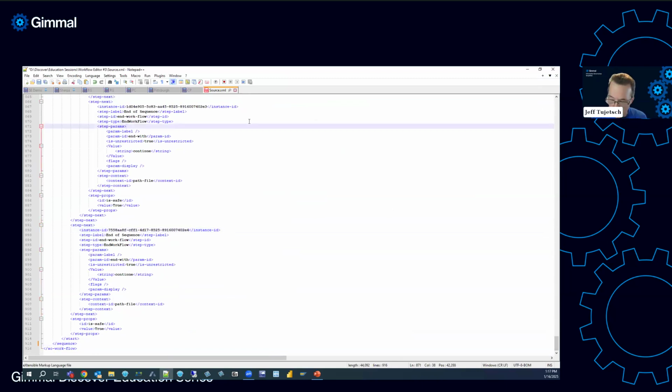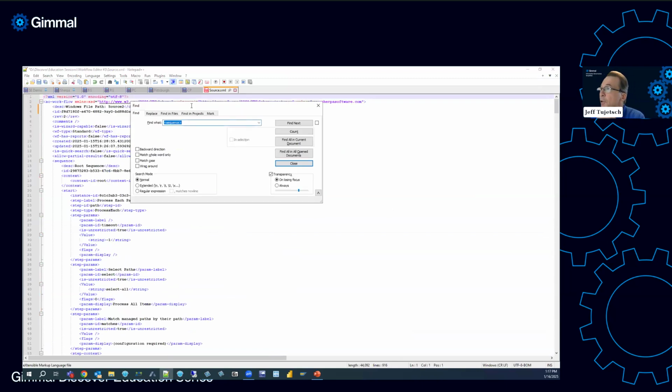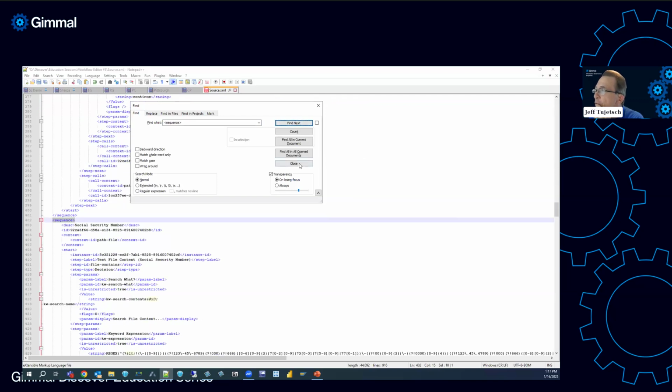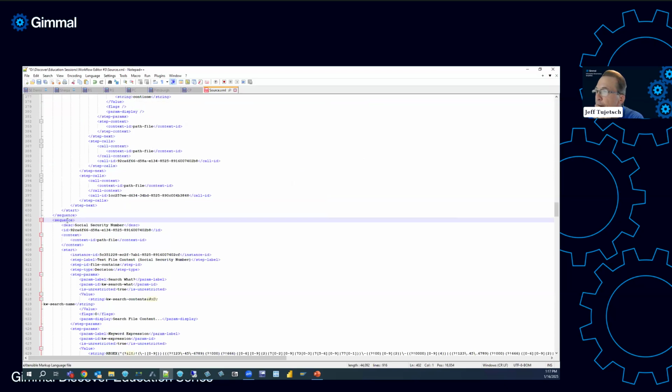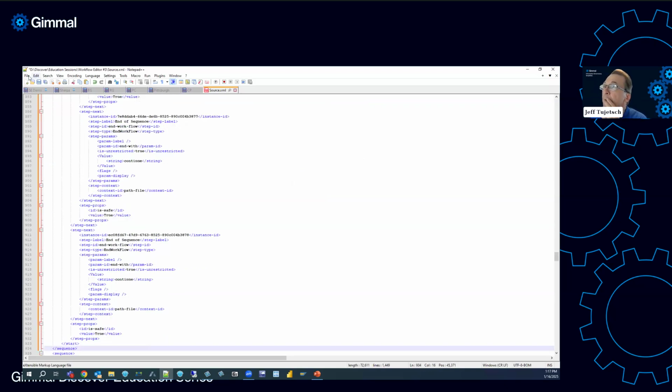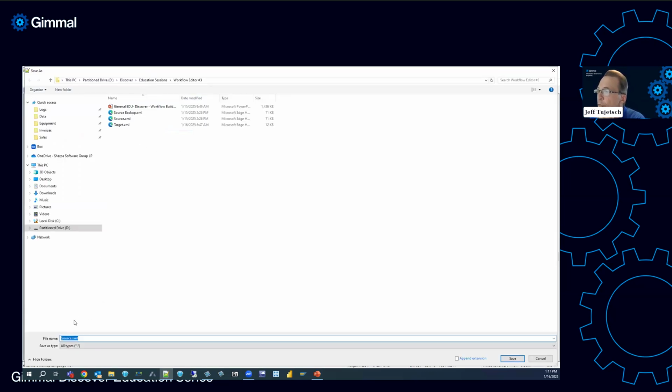Actually, you know what? I'm going to cheat. Let's work smart, not hard. I'm going to look back for the sequences, and I want to put it after the file sequence. So there's my social security number sequence. So let me go ahead and put a hard enter in there, and then I do a paste. And then I say, let's save that as, and we're going to call it source